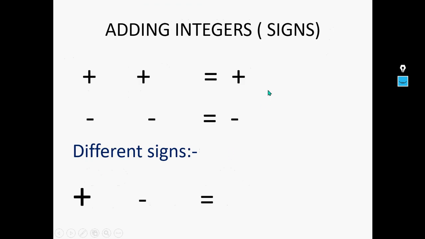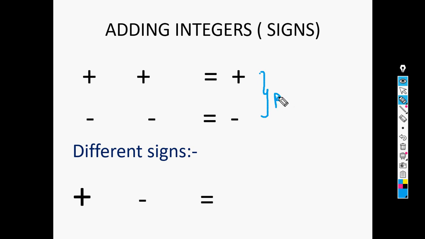So clearly, let's recapitulate. If you have a positive integer and then you have another positive integer, you have to add these two. Your answer will be more positive. That means plus. And then if you have a negative integer and you add to it another negative integer, your answer will be more negative. So when we say more, it means you are adding here. So these are to be added. So when I say more, it means you have to add these two.